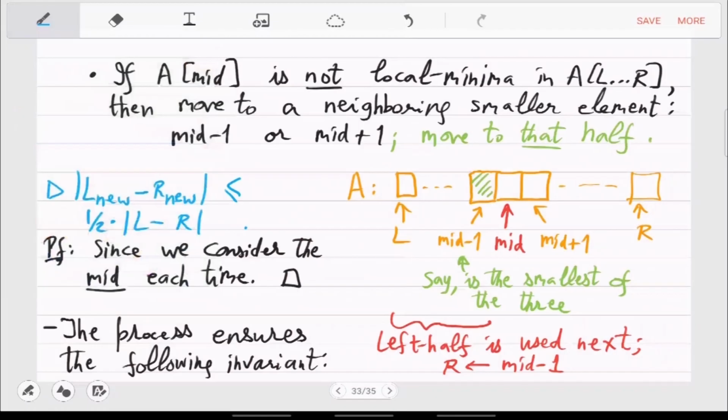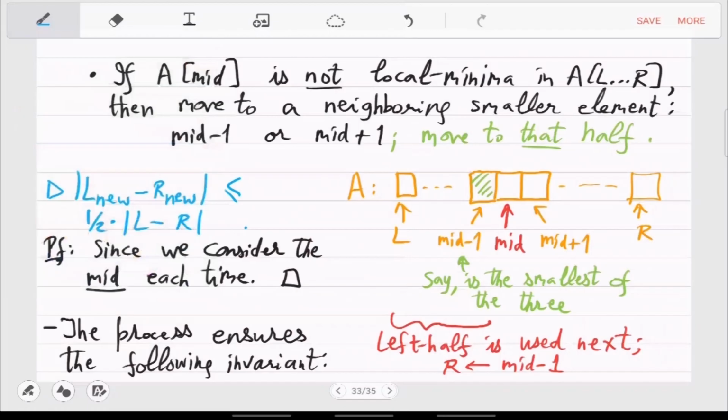So the array is a random array, any order, but still this idea of looking at midpoint and then halving the size of the array, you are able to decide first of all which side to go, and then there is an invariant we found. So the invariant was that a local minima is present in the half that we pick.